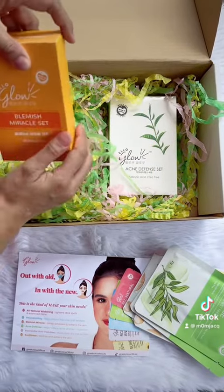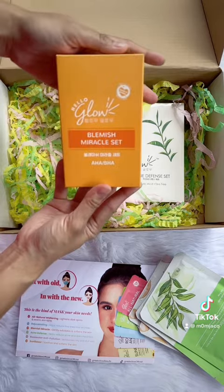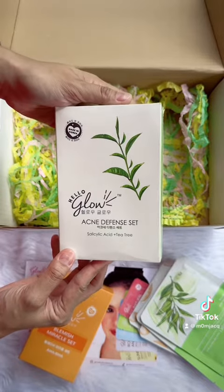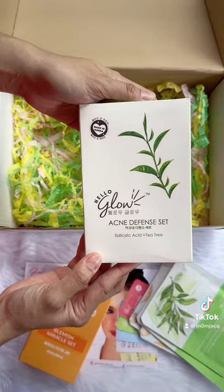Another one is the Blemish Miracle Set that has AHA and BHA. One of the most popular sets ng Hello Glow and dito sa TikTok. And the newest set of Hello Glow is itong Acne Defense that has salicylic acid and tea tree that has